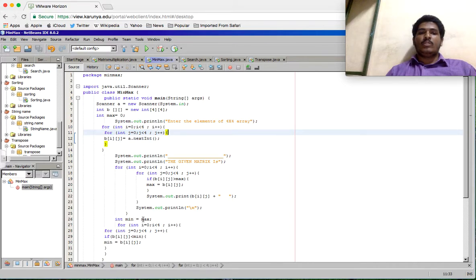int minimum = maximum; for (int i = 0; i < 4; i++) for (int j = 0; j < 4; j++) if (b[i][j] < minimum) minimum = b[i][j];